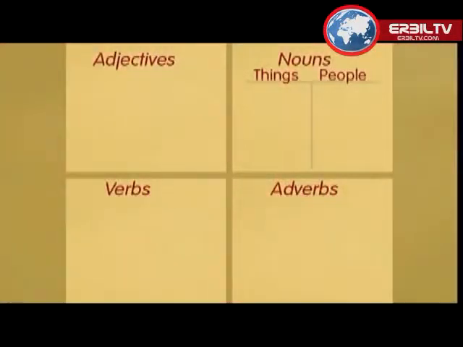In English, many words can change to have different uses. In this way, they form word groups. Learning word groups is an excellent way to build your vocabulary. You should write them down in a table like this, showing adjectives, nouns, verbs, and adverbs. Of course, there are often at least two different sorts of nouns: nouns for things and nouns for people. Let's have a look at the crime word group.